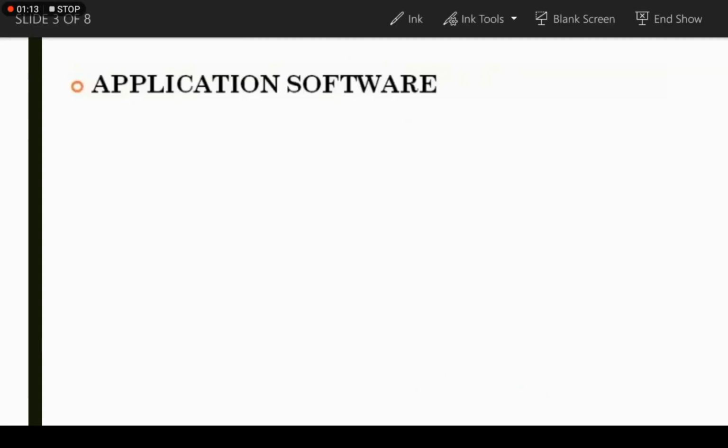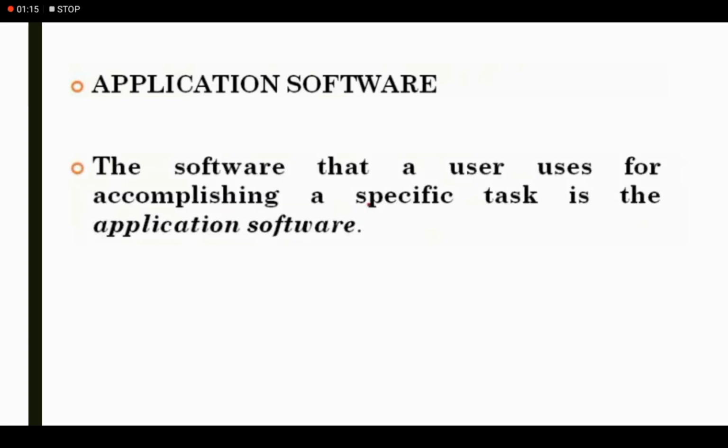Application software is the software that a user uses for accomplishing a specific task. So a software which works for a specific task is known as application software. This is the definition of application software.